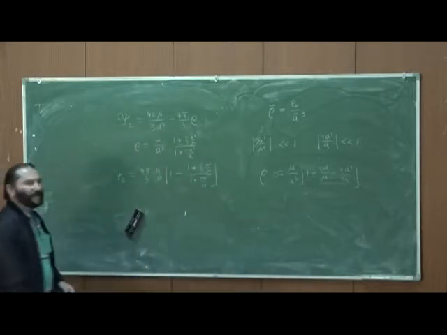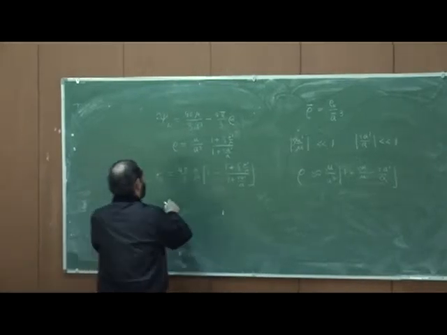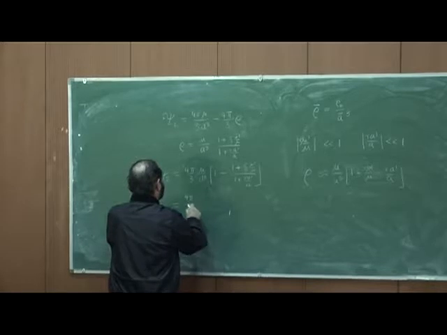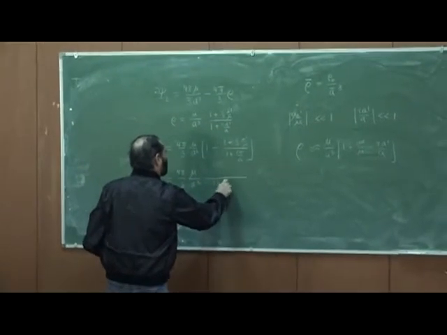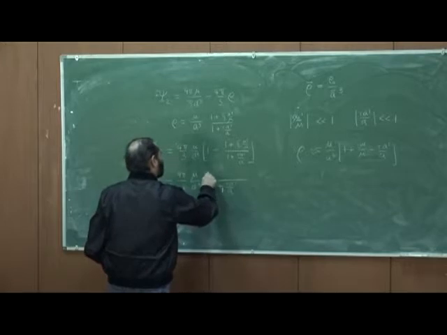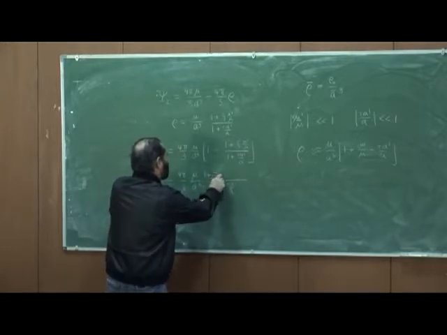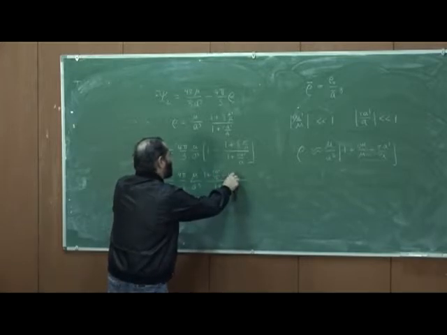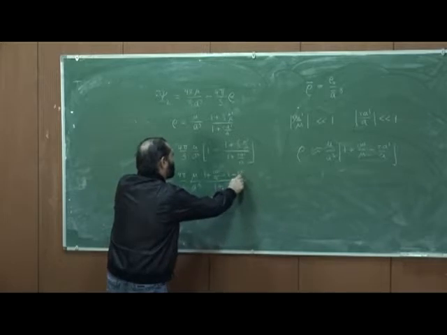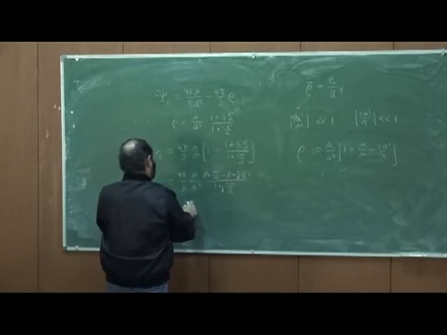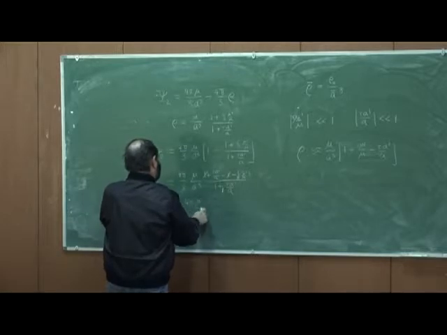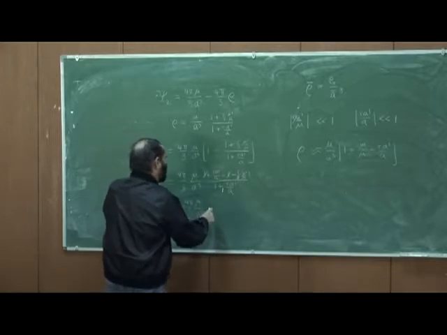Okay, so we do the fraction itself. The ones go away, and this is going to be equal to minus 4 pi by 3 mu a cube, and then the r is a common factor